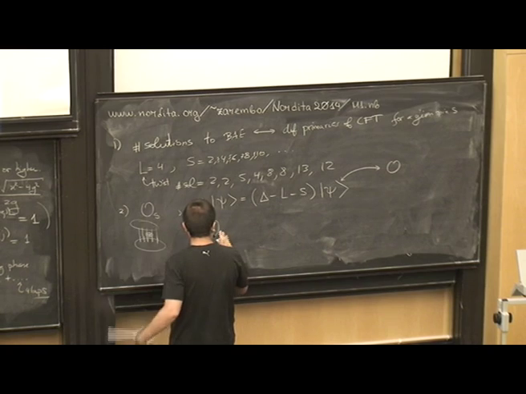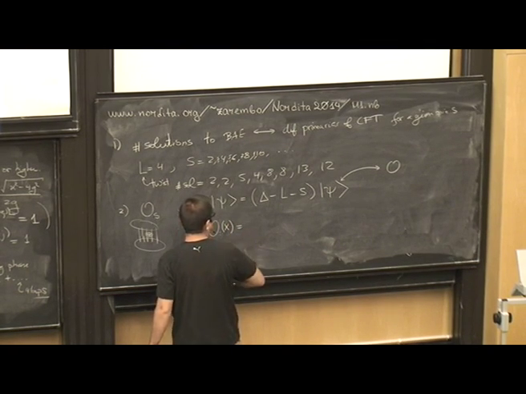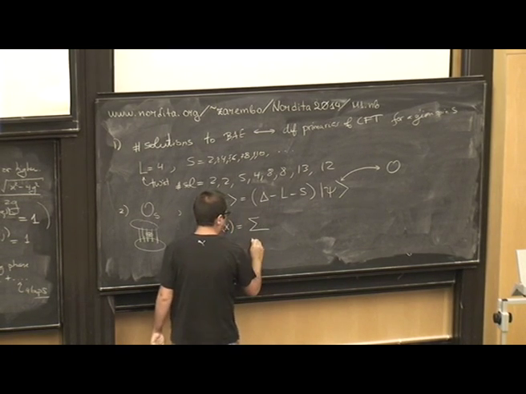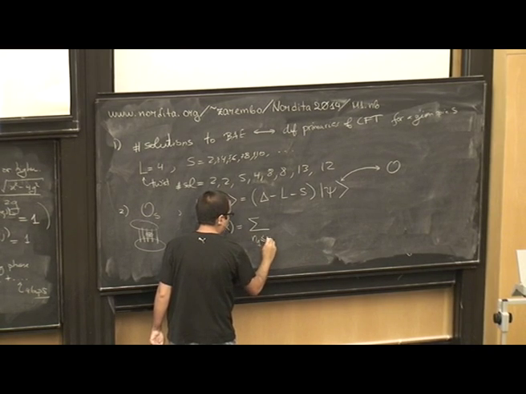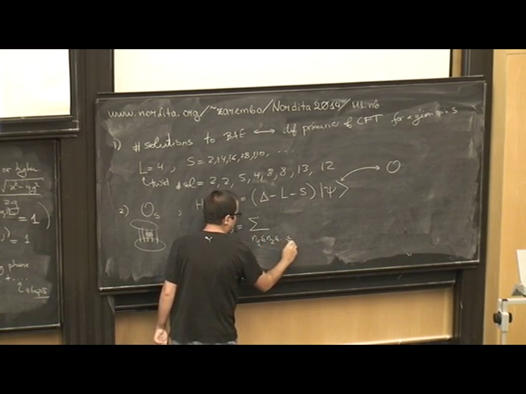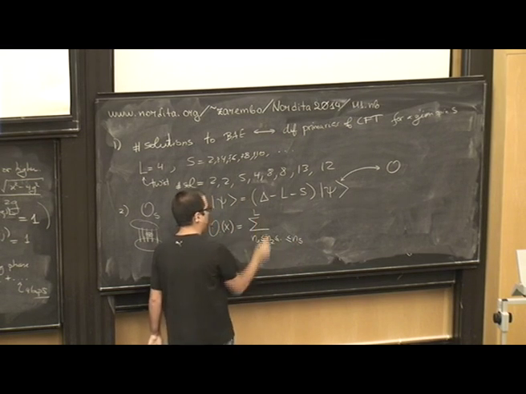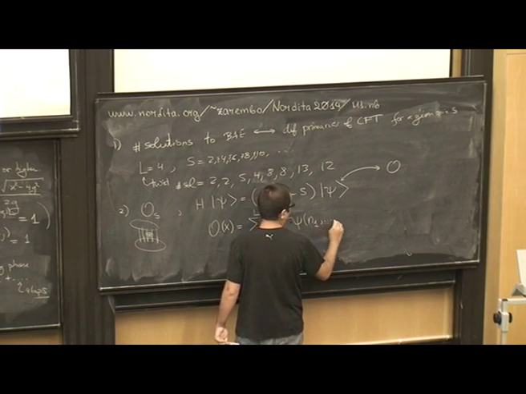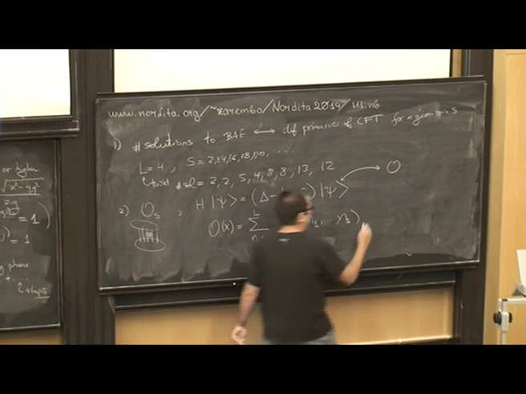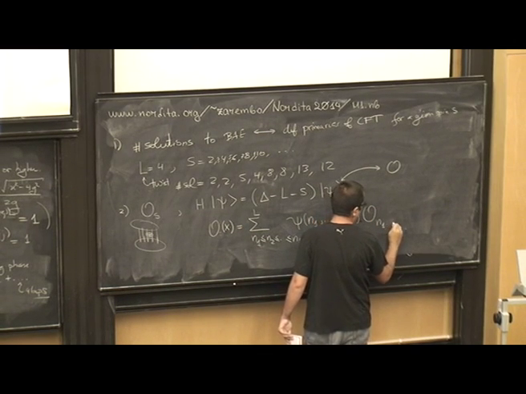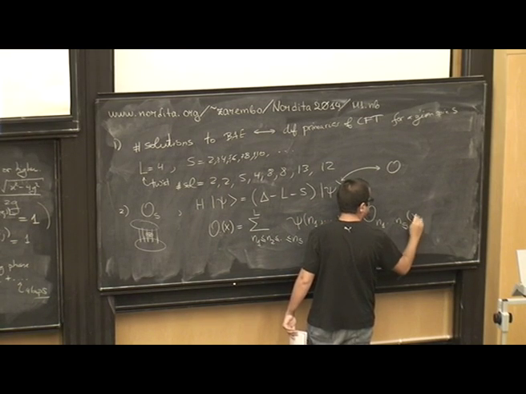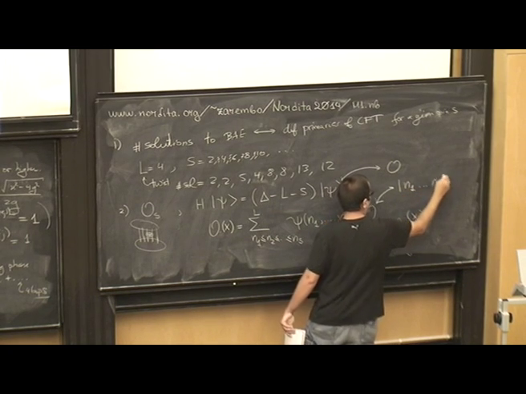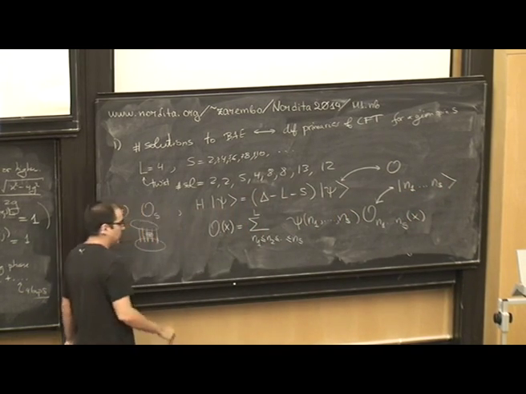So you have an operator O at some point of space-time X, okay? And let's say this is a sum over the positions of where we have derivatives, n1 smaller or equal to n2, smaller or equal to dot dot, smaller or equal to ns, up to L, put the derivatives in these positions. Some wave function that tells what's the probability for putting the derivatives in those positions. And then some operator that has derivatives at positions n1 up to ns, which is the same as the ket, where we specify that at positions n1 up to ns we have an excitation,